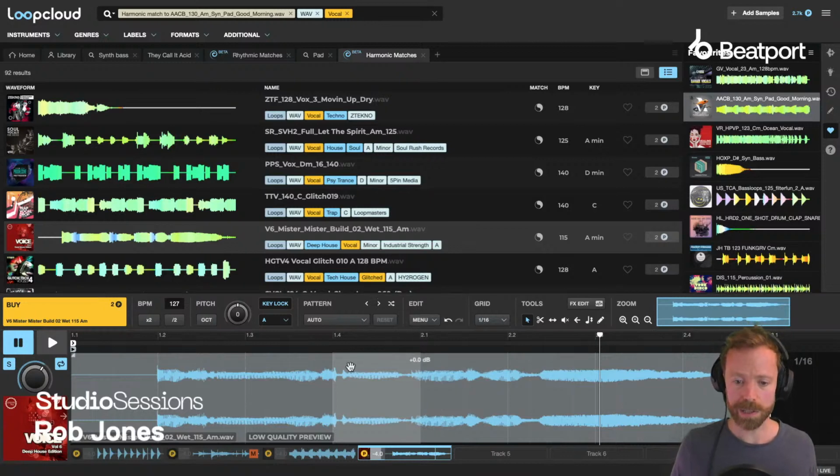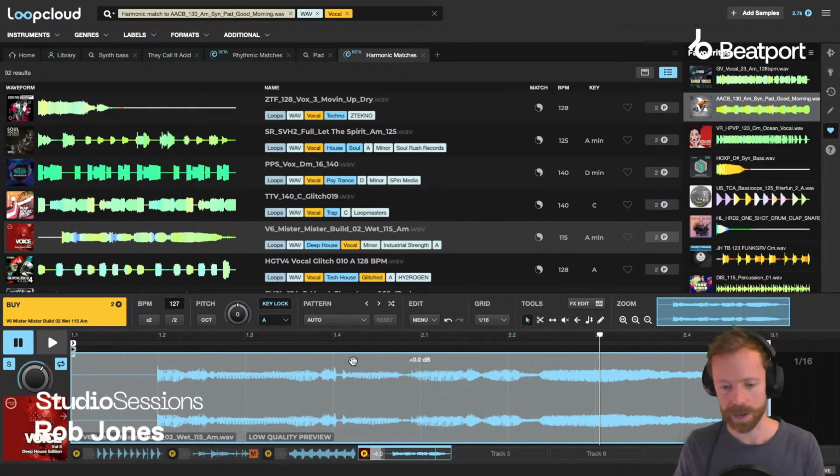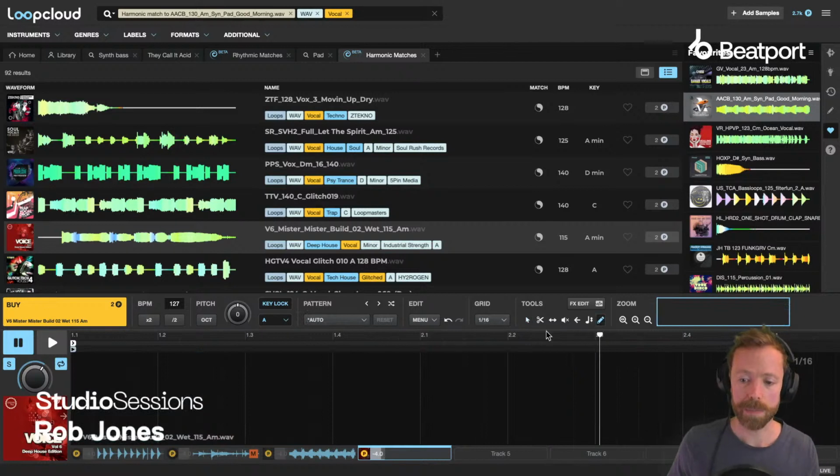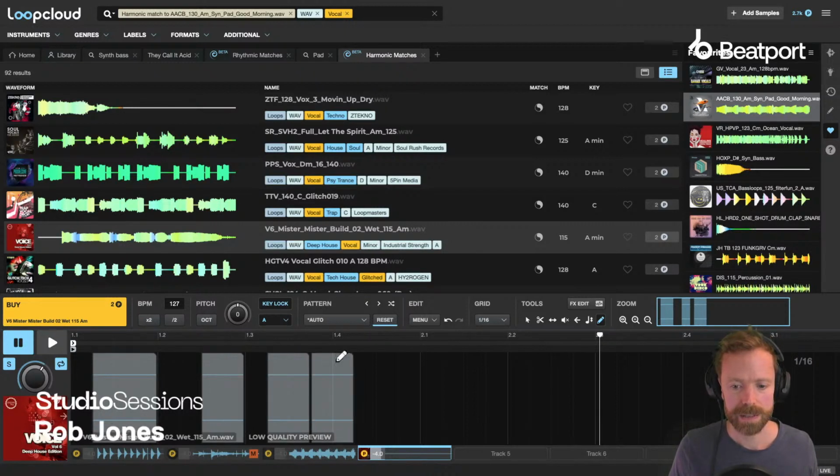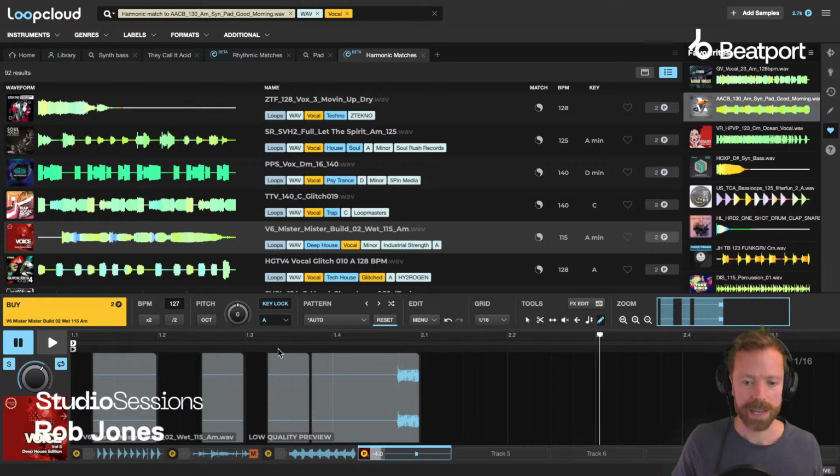The way I like to do it is to just click on it, hit delete, go straight to the pencil tool here, and just draw in a rhythm, something that's a bit syncopated, something like that can be nice. Now, of course, because I've chosen a sample with silence at the start, then that's all we're hearing in these